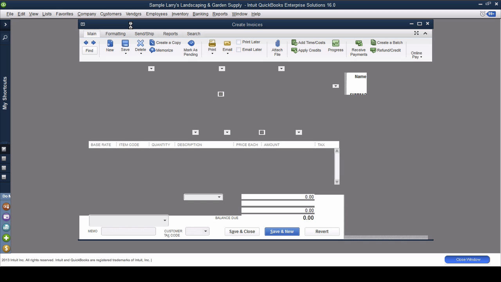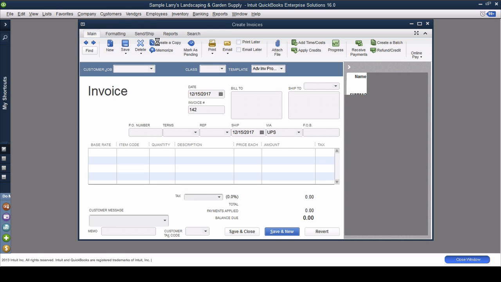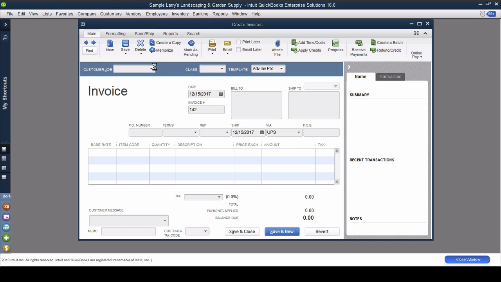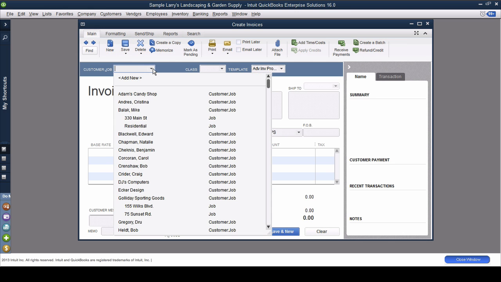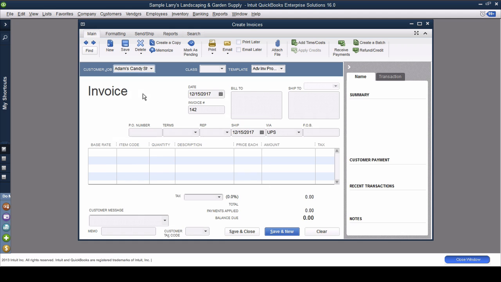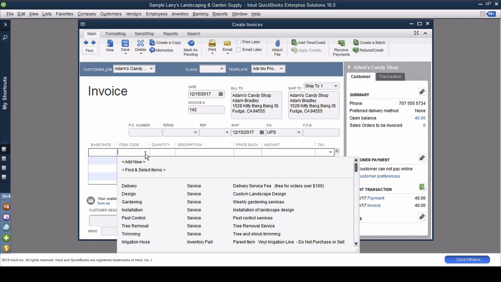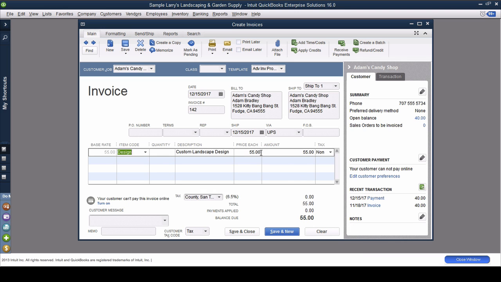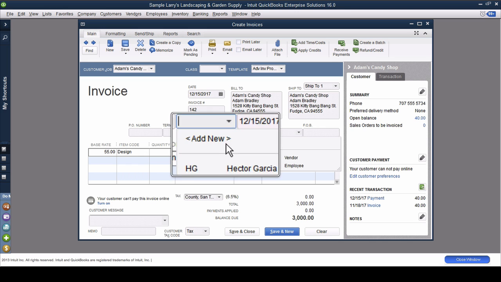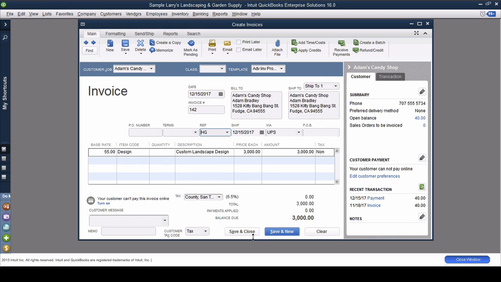So let me have an invoice here in which I will pick that same sales rep, because then I want to take a look at the profit on the job, which will be really based on the sales rep's profit. But focus on the fact that I can assign a rep to a particular job. So let's sell this one for $3,000. The most important part is I have to make sure there is a rep assigned. There we go. So now that we have both the income and the cost components,